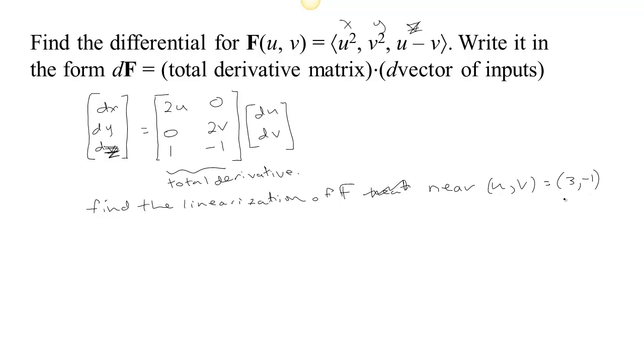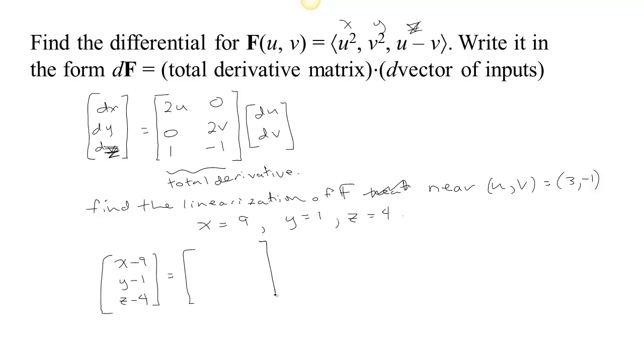(3, negative 1). At that point, when u equals 3 and v equals negative 1, x equals u squared, so that's going to be 9. y equals v squared. If v is negative 1, then y will be 1. And z is u minus v. 3 minus negative 1 is 3 plus 1, that's 4. So we can say the change in x, how far x moves away from 9, the change in y, how far y moves away from 1, and the change in z, how far z moves away from 4, is going to be equal to